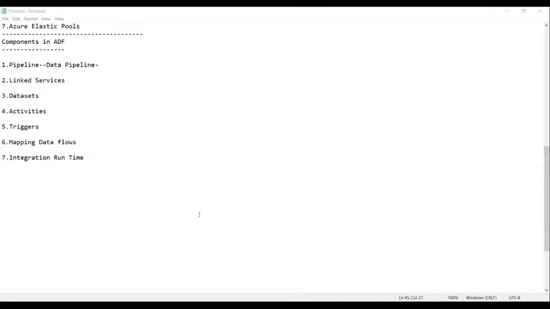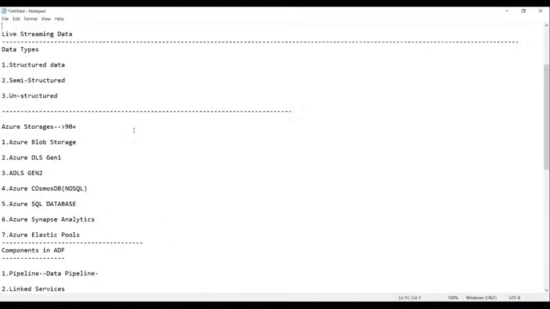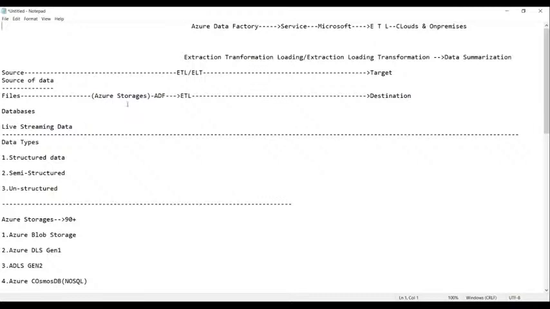What is a source? A source is where you get the data, and we pick it up and perform the process of ETL. Ultimately, we load the data into what? Destination. Can you see here, in this given example, the source.